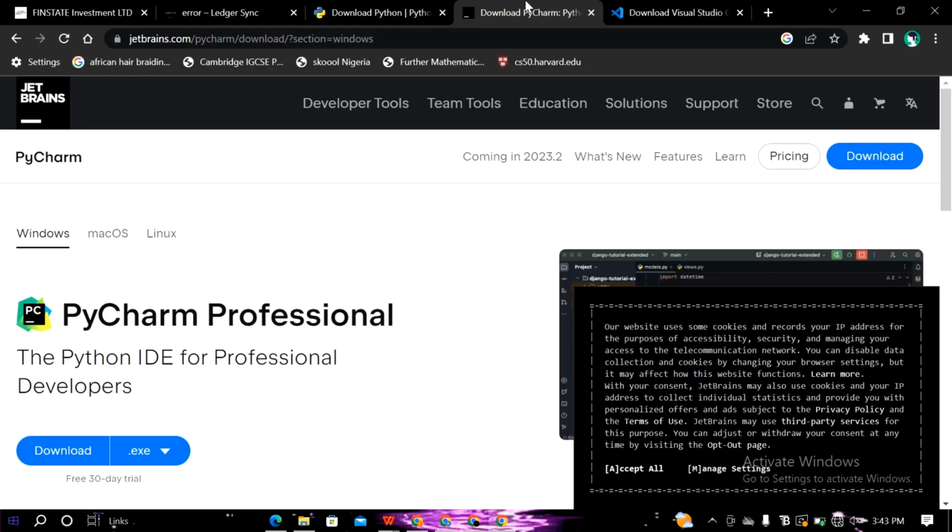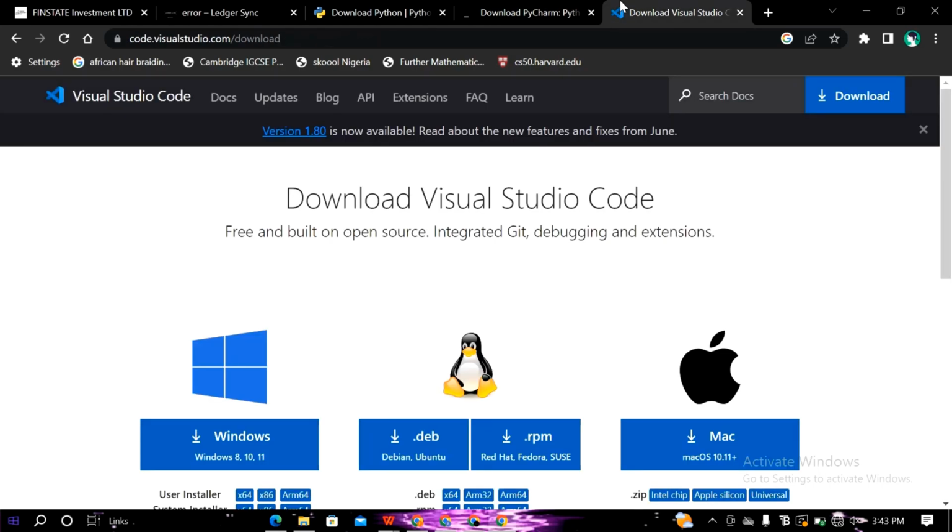PyCharm is it. So you can head over to this site and download it. They are the same people who made Android Studio, which is for Java and Kotlin. And then there is Visual Studio Code, which you can use for everything. So download it and we'll come back to the next video to jump into the first aspect of our coding,